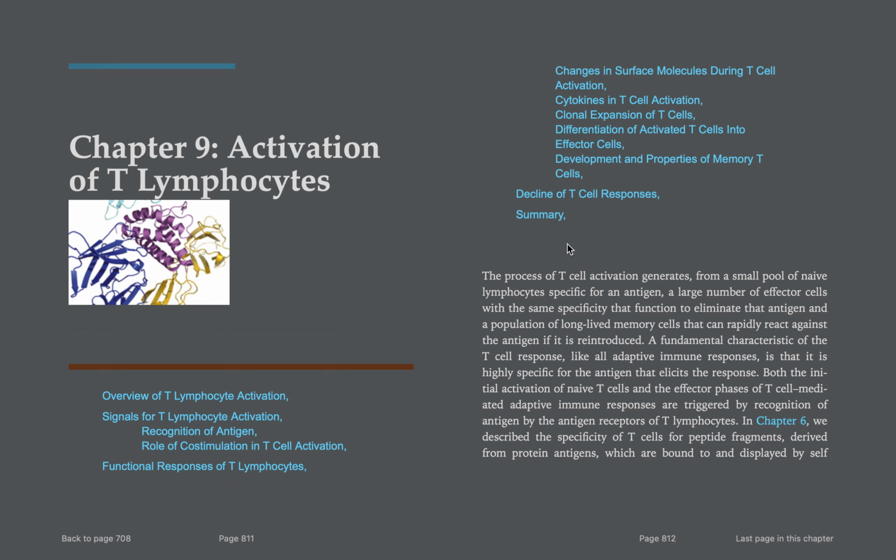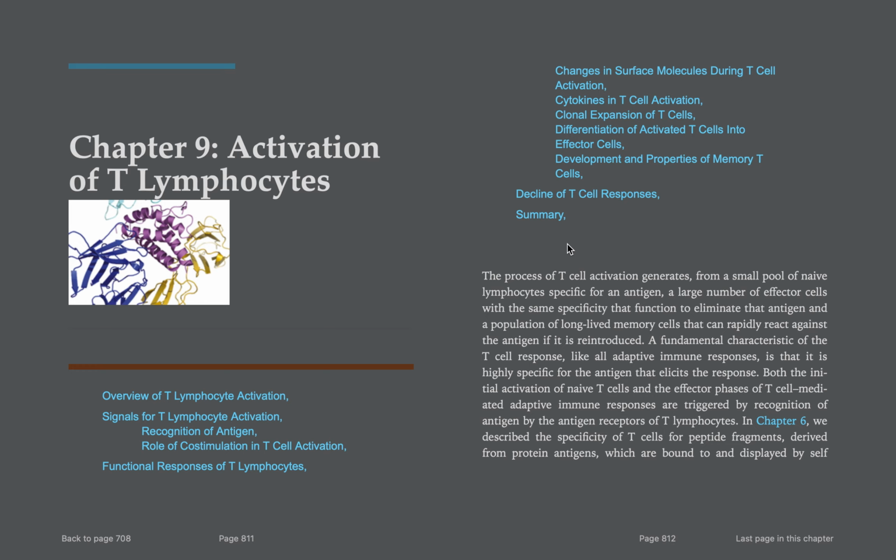On and start on a new topic which is called activation of T lymphocytes. This is chapter 9 in the book of Cellular and Molecular Immunology by Abbas and others. So in this chapter we'll see an overview of T lymphocyte activation, signals for T lymphocyte activation, recognition